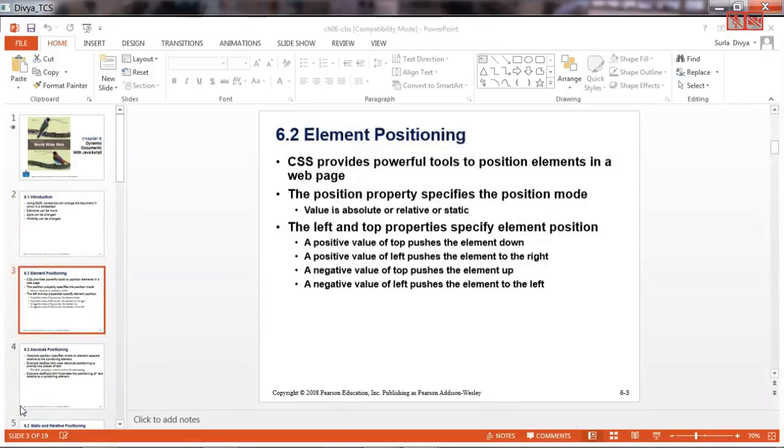If you remember, in our previous classes, when we were understanding the different CSS attributes, we have seen the box model, right? Besides that, we have a few properties in CSS which are very important while you design a web page. That is called element positioning. Using this element positioning, you can